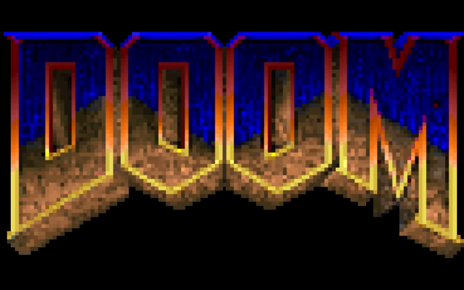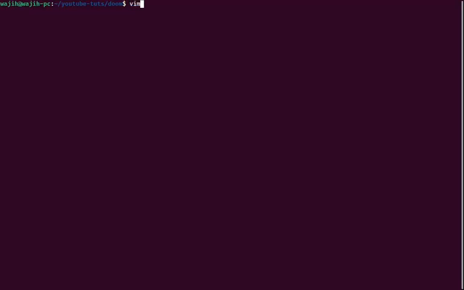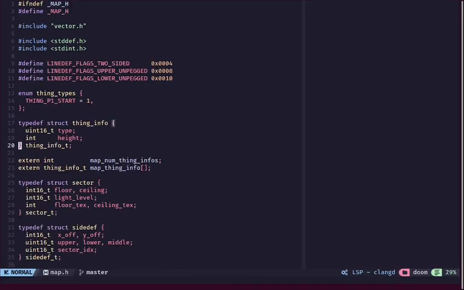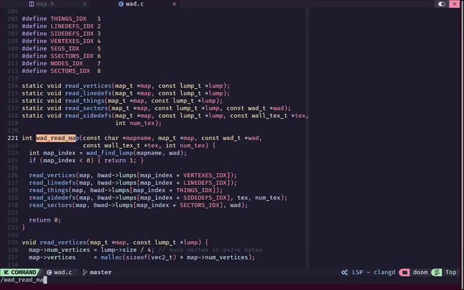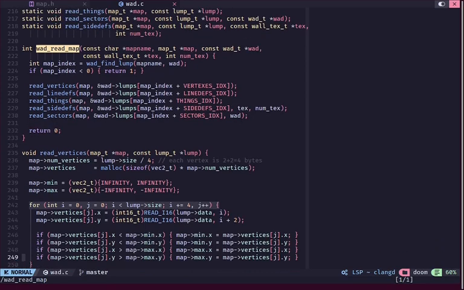Welcome back everyone to another episode of the Doom series, and in this video we are going to fix some memory leaks and bugs in our program. So to start, I'm going to open up my map.h header file, and as you can see inside of here we've got a bunch of stuff, and all of this is dynamically allocated by our wad read map function. However, none of it is actually freed, which means that we've basically got a memory leak, and this could result